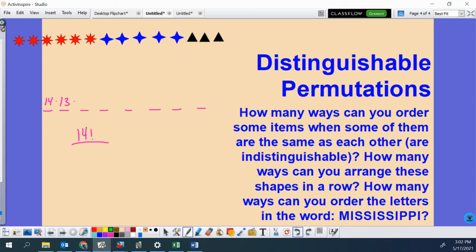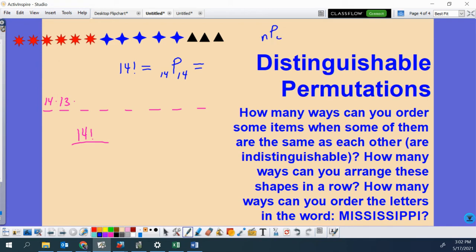Let me just point out before we get into how to hone in on those distinguishable permutations, how to remove the indistinguishable repetitions. Before we hone in on that, let me point out what that 14 factorial is. So 14 factorial is 14P14. How many ways can I do a permutation of 14 objects out of 14 objects? That's what that means. And the formula for permutations,